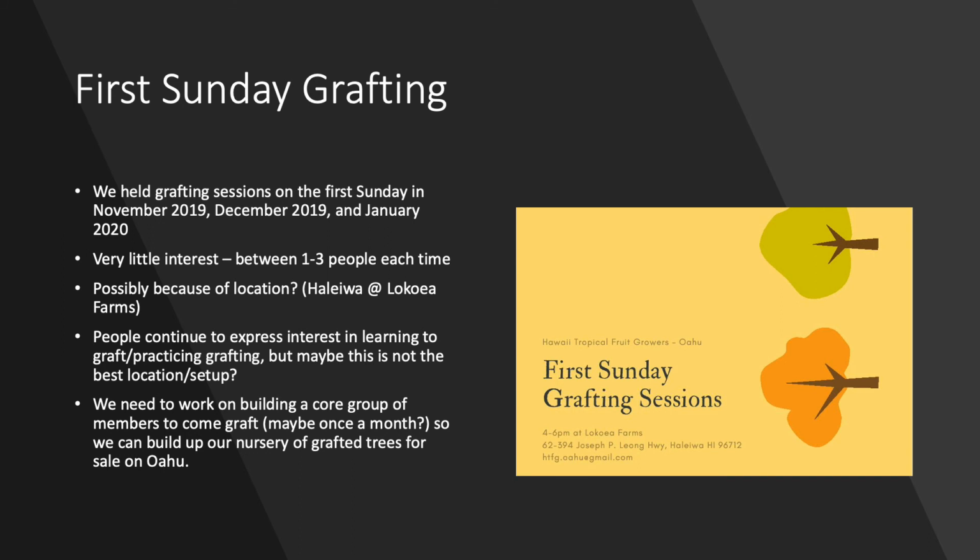We also tried to implement First Sunday's grafting because we were getting a lot of interest of people wanting to learn how to graft and how to get better at grafting and so on. So we tried to do a once a month thing, but we had some difficulty. We weren't getting a lot of people showing up. I'm not sure if it's because it was all the way out in Haleiwa, but I think we'll keep trying